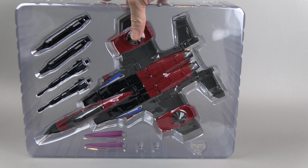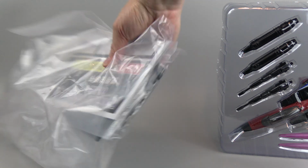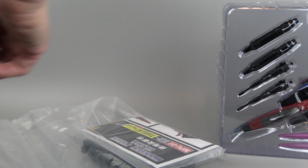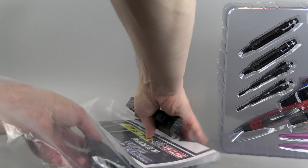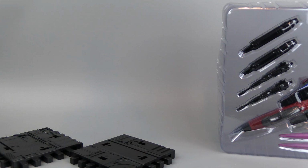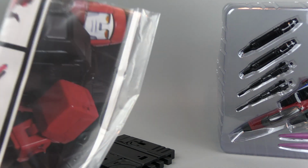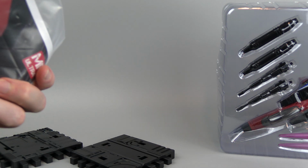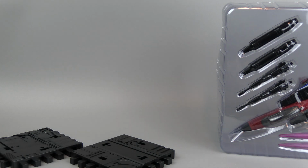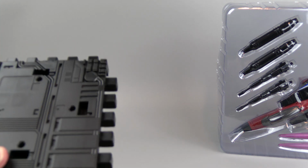So on the inside, we've got the tray with pretty much most of the figure and accessories. There's a little, well, I was going to say little, but there's a big bag that has the stand and an instruction booklet, full color. That's pretty cool. Kind of done in a poster style format. And this does look like the Takara stand system,